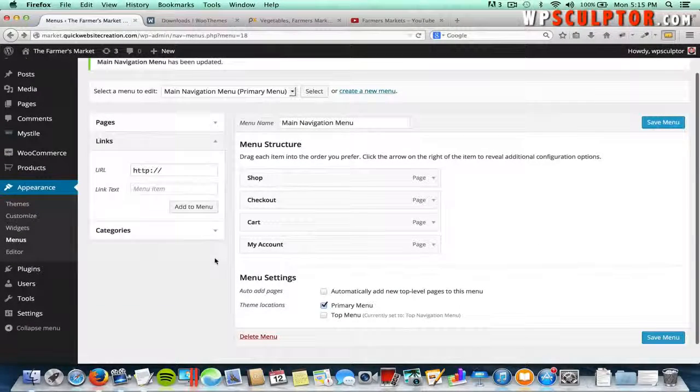And we're just going to click the arrow next to links, and we're going to call this product categories. And for the URL, since we don't have any page created for the product categories, but we still want to have a menu item, we're going to just make this blank. And the way you do that is a little HTML code, and just delete what's there and put in the pound symbol. And that's going to allow us to have the menu item even though it doesn't go anywhere. So if you clicked on it, it wouldn't take you anywhere. It would drop down the